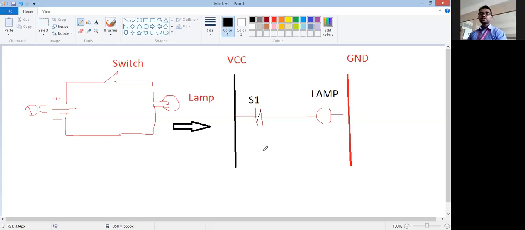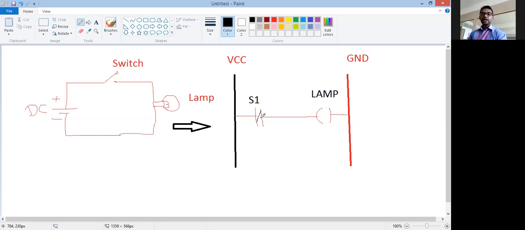So when NO is pressed it becomes FC, functionally closed, which means current starts flowing through that switch. And when NC is pressed, it becomes FO, that is functionally open.